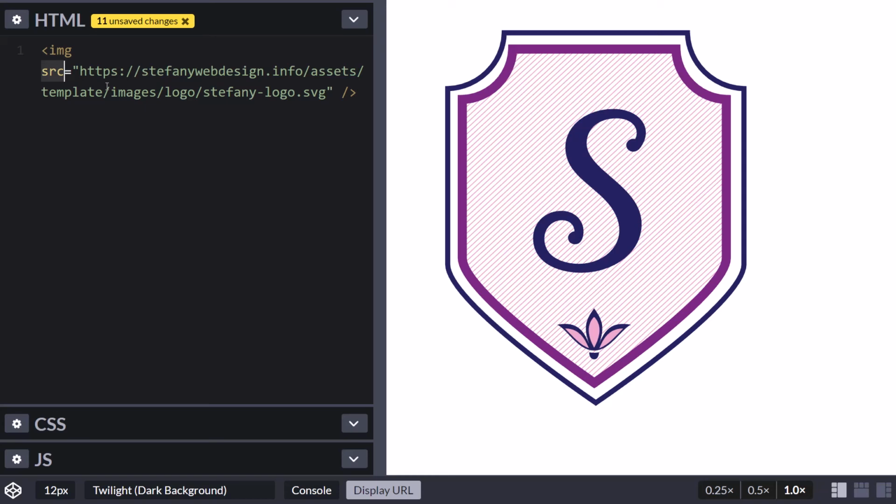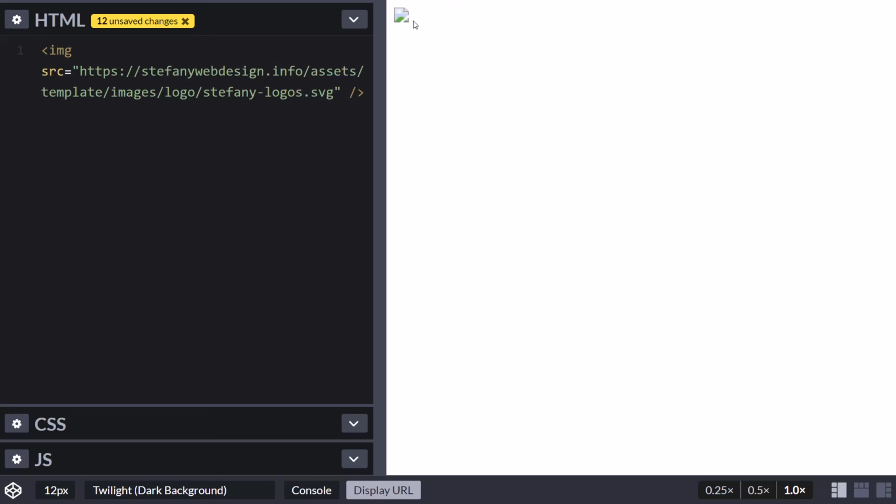But anyways, to repeat, this is the name of the attribute, followed by quotation marks, and then all the information in between those quotation marks is the attribute value. And if you make a mistake, some values can easily ignore a mistake and continue working, but some are very strict, all right? So if I make a mistake in my file name, for example, I add s at the end, my logo will disappear, or my image will disappear, okay?